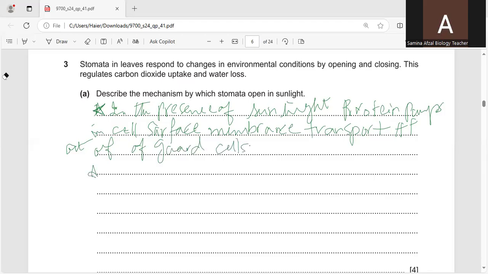Then a low concentration of hydrogen ions will be there, which causes potassium channels to open,